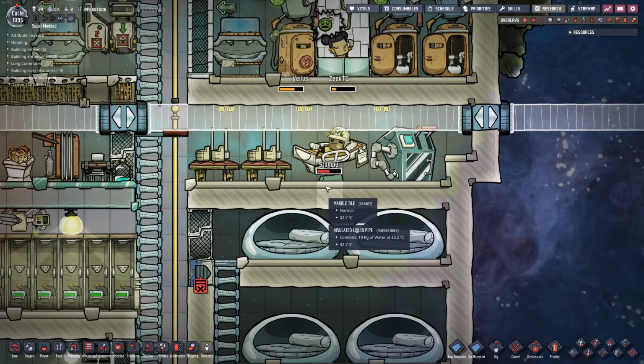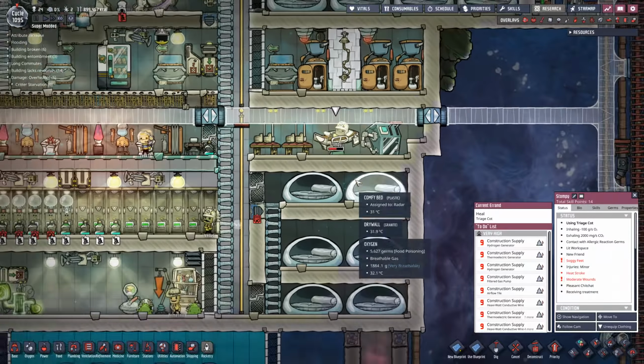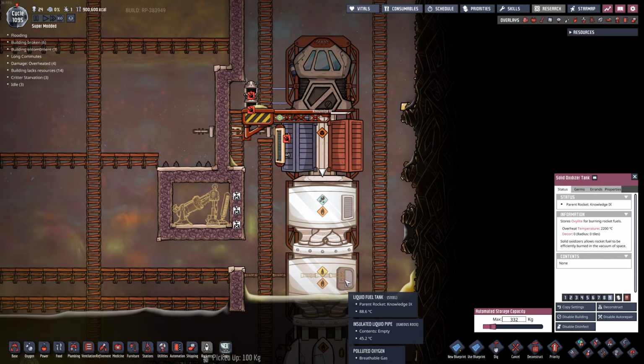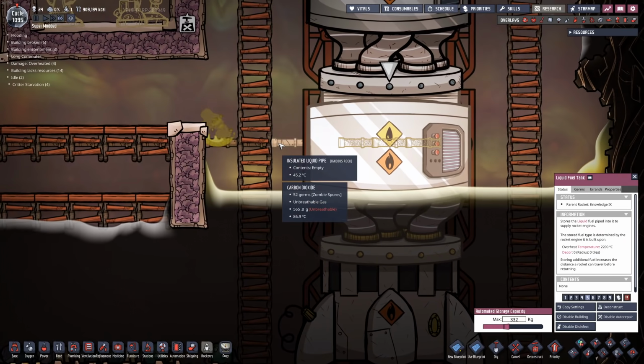Dupes. Well, at least I have an entire base full of doctors at this point. I kind of ran out of skills to give them, so I'm just going to win for that one. Alright, have we delivered? No, we haven't. Oh, come on, dupes. Do I really need to deconstruct this just to...